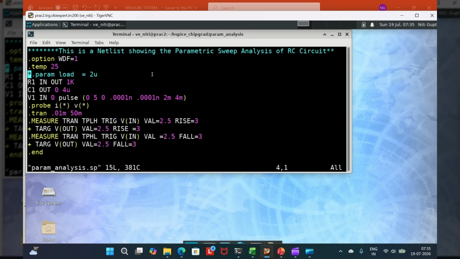So I'll just do this. I'll say okay. Here, instead of 4 micron, because we are using sweep load, I will write it here. Now, because I want to see all the analysis in one go, I write down sweep. That sweep means change the value of my parameter load starting from 2 micron running till 8 micron in steps of 2 micron, right? And we just do this WQ,